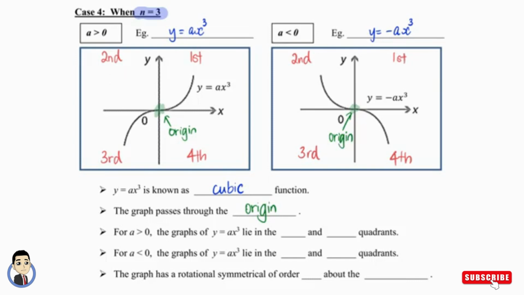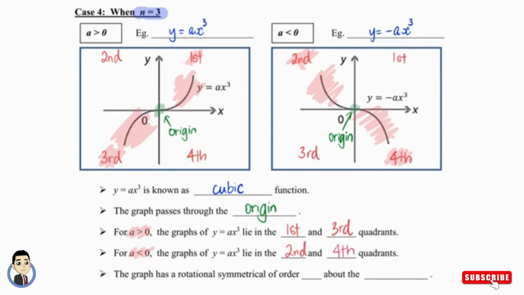For this graph, do take note, it lies on the first and third quadrants when a is positive, and when a is negative, it lies on the second and the fourth